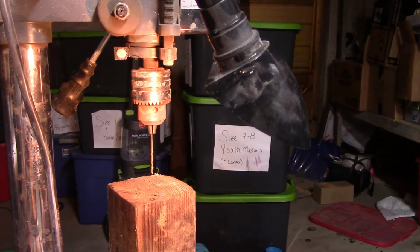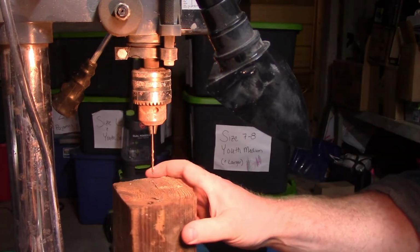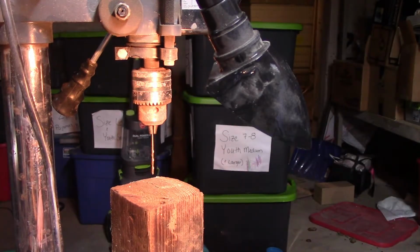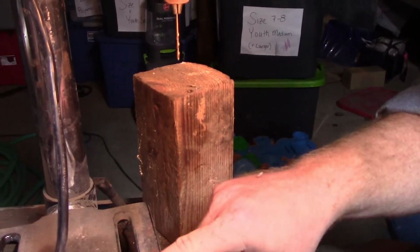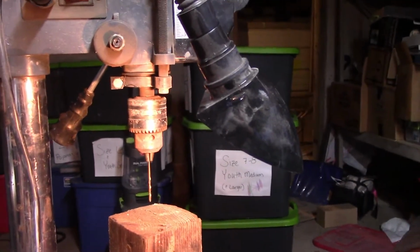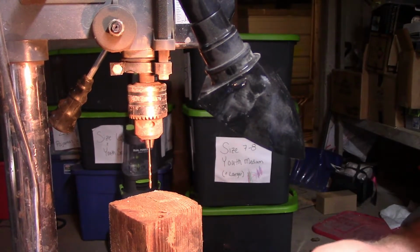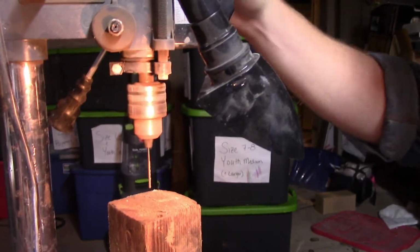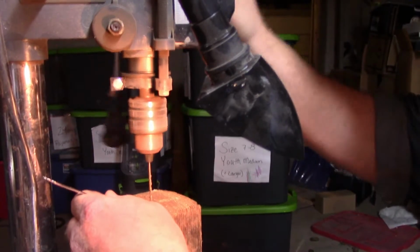Alright, so we have this wood block here. It's kind of a little bit better than the table, than the little piece down here, in my opinion, for doing what I'm doing, because I like to drill through. So anyway, you take your spoon,